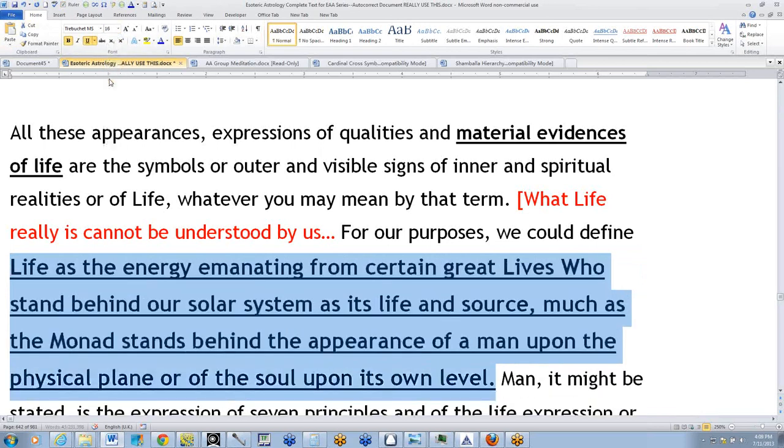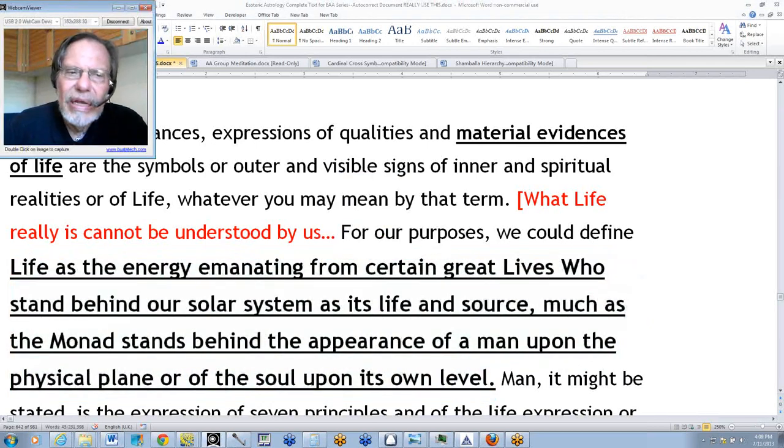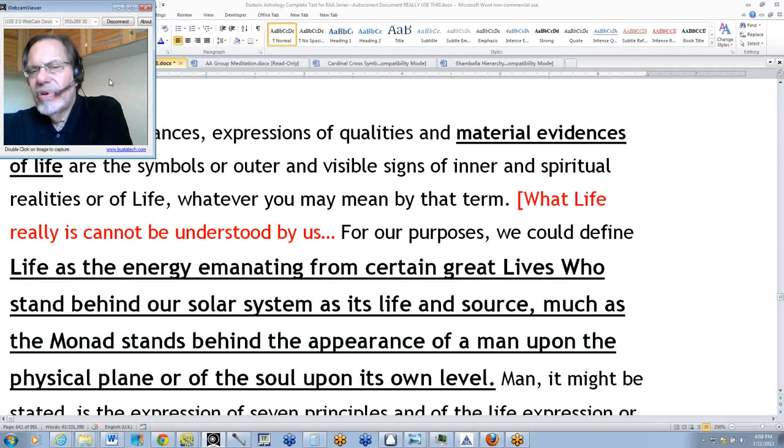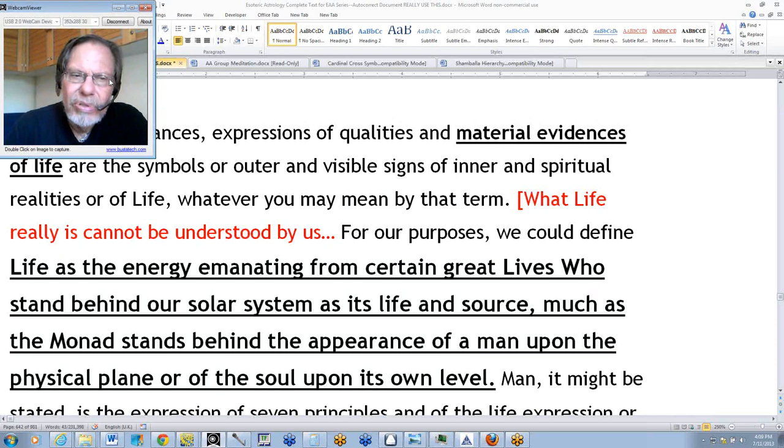So, life, we can define it as the energy emanating from certain great lives. Of course, if there are greater lives that emanate life, then they have to receive the life from something other. So we haven't really, in any universal sense, defined what life is, but maybe for more practical purposes, as a